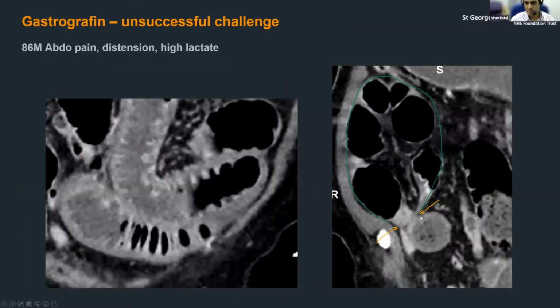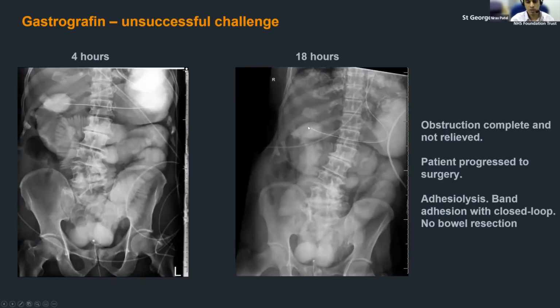There was a suspected closed loop mechanism on that CT. So you can see some localized loops on the right side with two transition points adjacent to each other. And that was raised as a potential closed loop. So before even trying with gastrografin, there were features that could predict ischemia on this CT scan. So the patient may need an operation, but I think there were patient factors in this case, which suggested let's